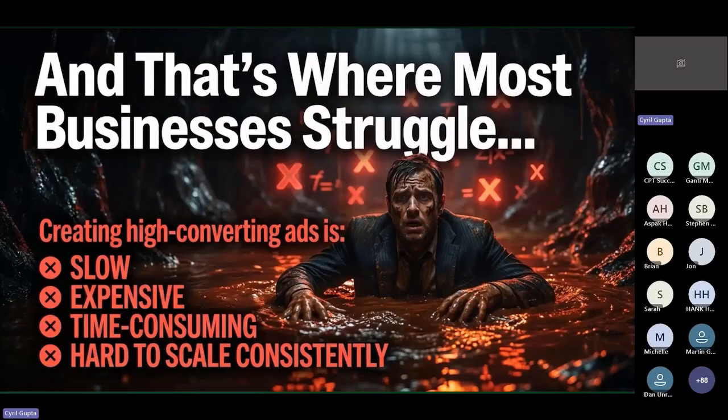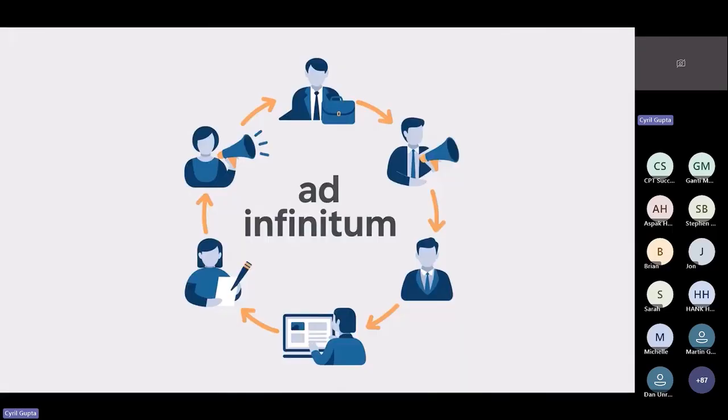So that's where most businesses have been having a problem, and I've been having that problem too. I'm not a designer. I couldn't design myself out of a bag to save my life. And if people asked me to make an ad design, I would make a really terrible one and it wouldn't help. But I've got access to designers. So here is what my ad process was like, and it's been all of these four things. It's been slow, expensive, time consuming, and hard to scale, because here is how it looked.